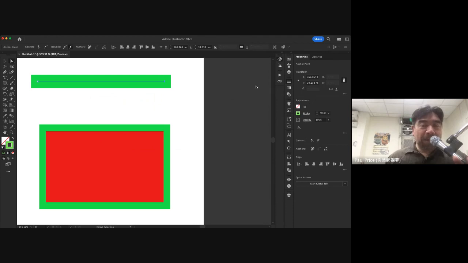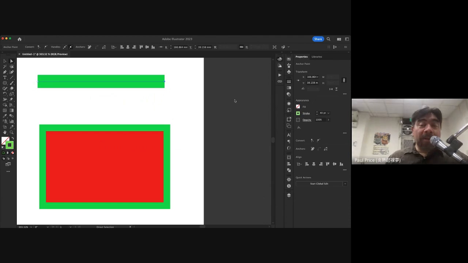That is the 40 PT thickness on the right, which means there are 20 PT surrounding on the left, and another 20 surrounding on the right, which makes it a whole 40 PT. Normally I use the default a lot, but sometimes, depending on the design, I would switch to these different